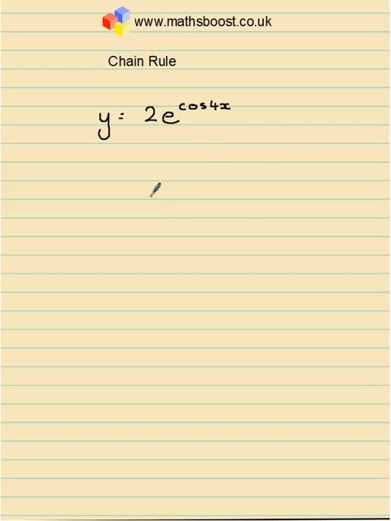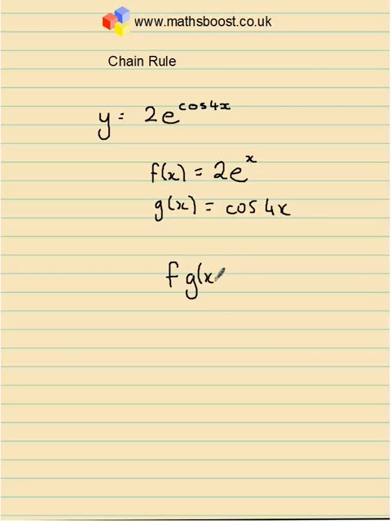And in this case, our function f of x we might call 2e^x. The other function, which we could call g of x, is cos 4x. And what we've got is f(g(x)), a composite function, and that's how we write it. Probably be a bit nicer if we had have written it like this, but we don't. But then it's clearer what's going on. We're feeding g of x